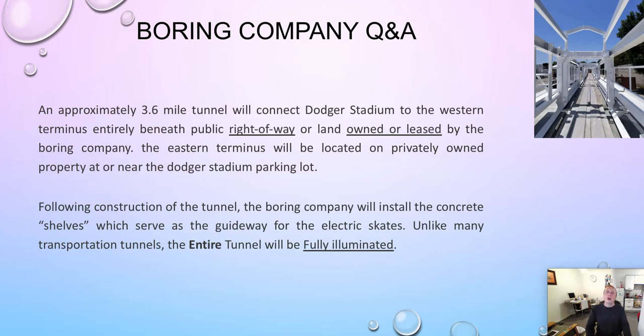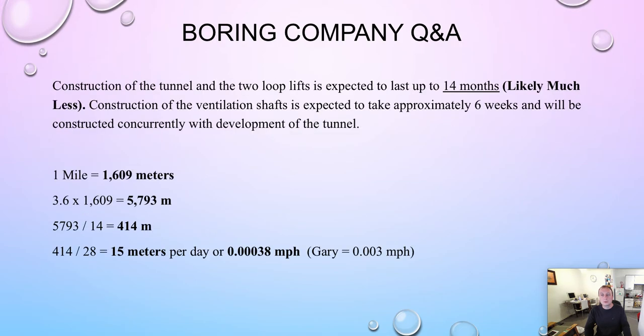Now, I believe it was my second video, I actually suggested this. It certainly helps people if they can see where they're going when they're underground, and with the pods being made largely of laminated glass, this is a very good idea. Very happy to see that. And it won't be that expensive to do. You're not going to require hundreds and hundreds of bulbs. It'd probably be LED lighting,